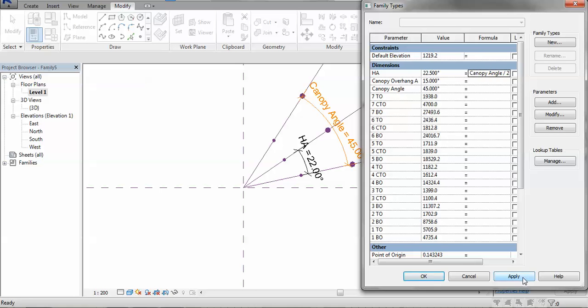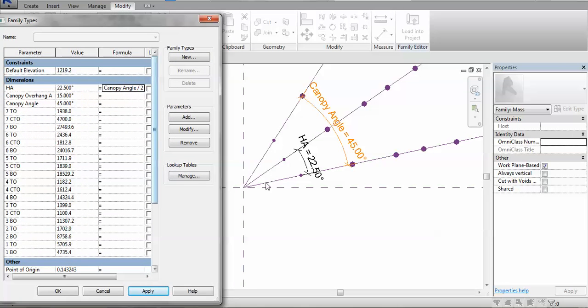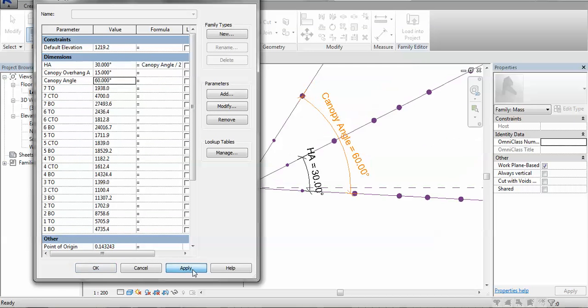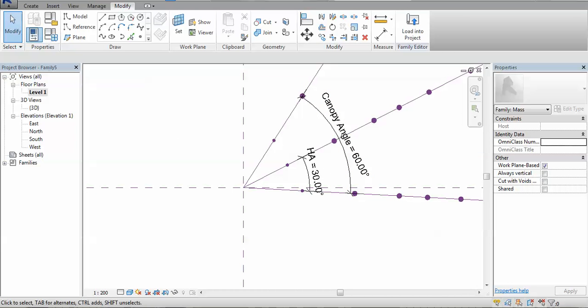And by doing that, I'm actually stipulating that the HA is going to be half the value of the canopy angle. So if I change this canopy angle now up until 60 degrees, the half angle is also going to flex along with it, which is grand. So I think I'm going to pause there, and then